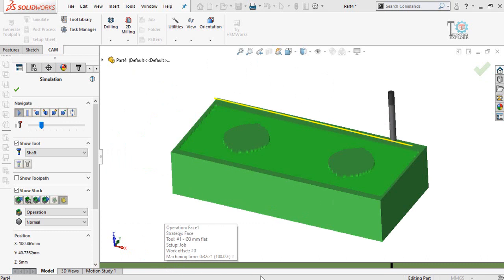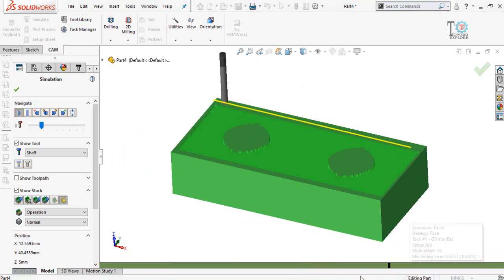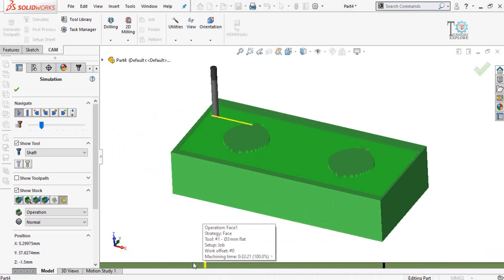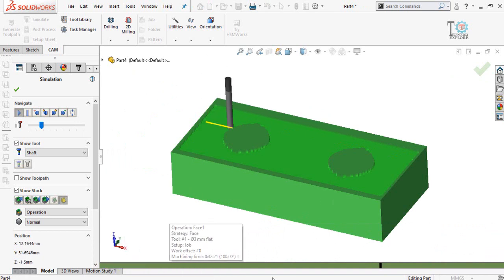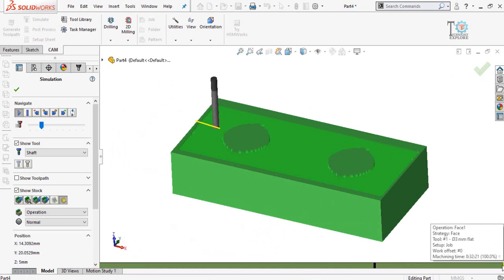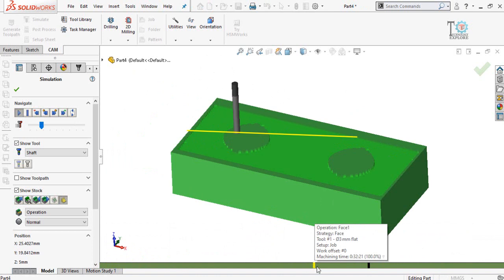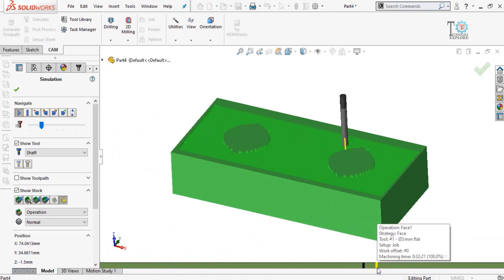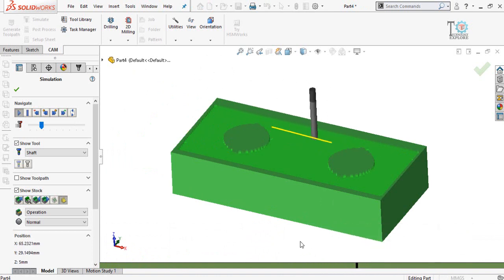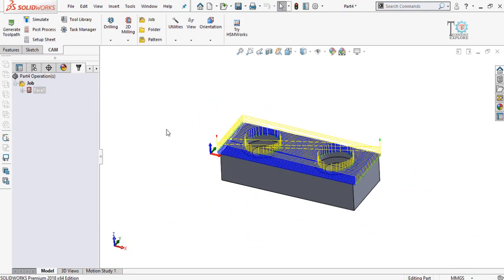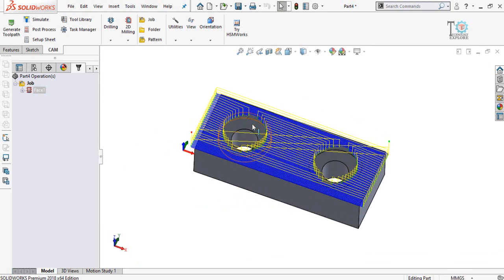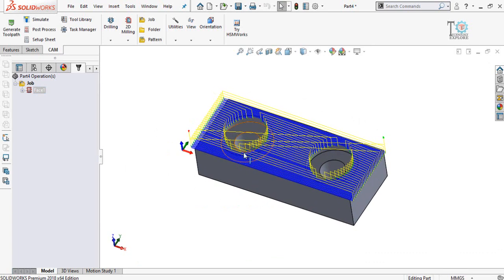This is the timeline. So you can see there is no red dot or red line in the timeline. If there would be a red line, it means that something went wrong with the process. So press OK button, and next step is that we have to create these holes, one and one here.